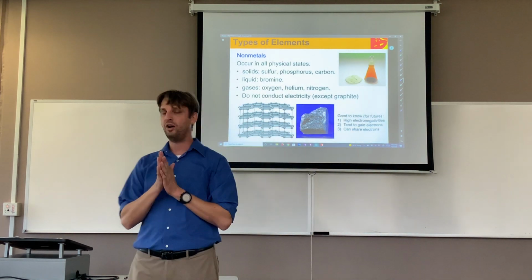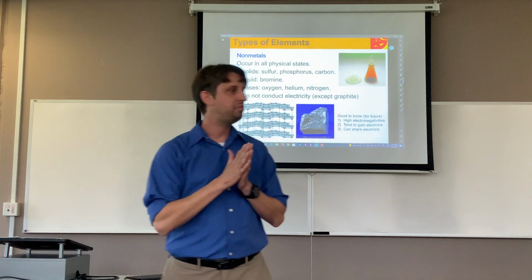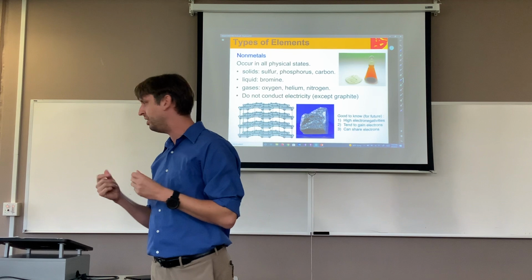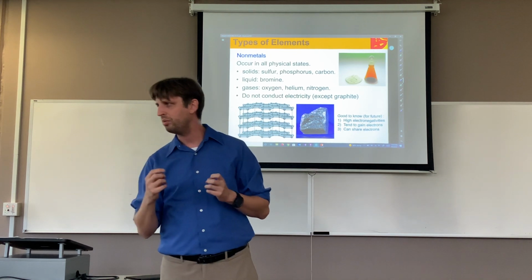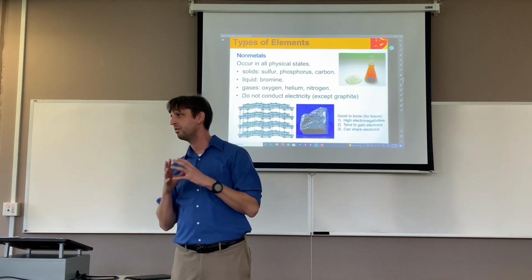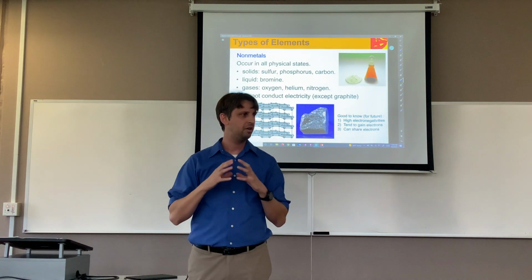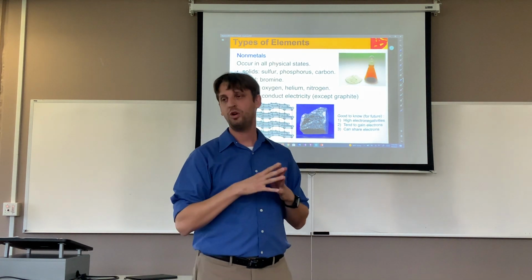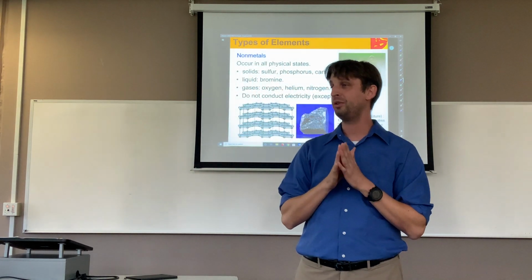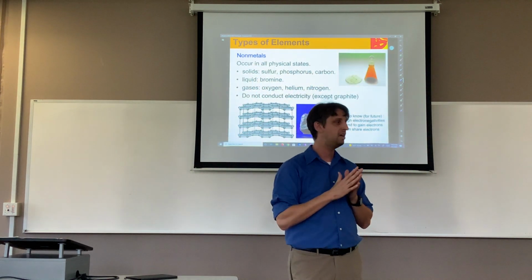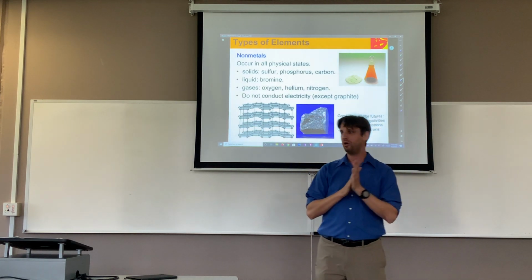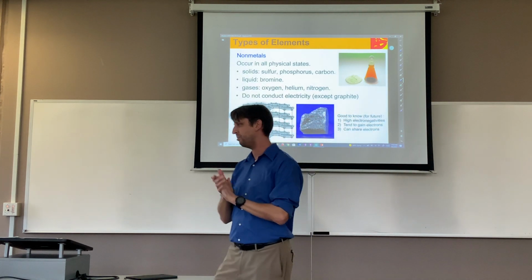Liquid, right? So our other liquid at room temperature is a non-metal. So we know mercury is a liquid. Does anybody know what the other liquid element is? One of these fun trivia questions. Bromine, right? So bromine is in the middle of our halogens, which is going to be a very important set of elements for us. We do a lot of chemistry with our halogens. But bromine is the other liquid at room temperature.